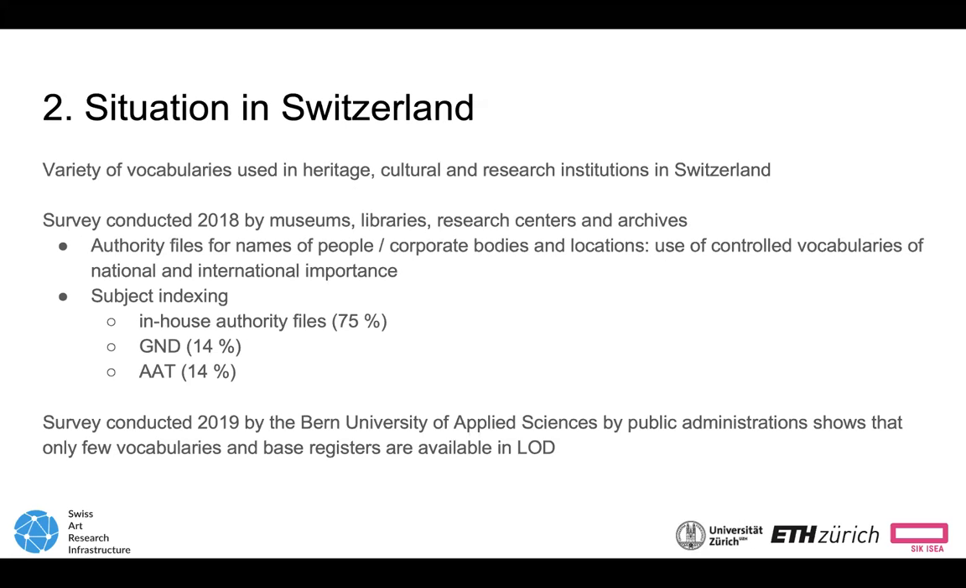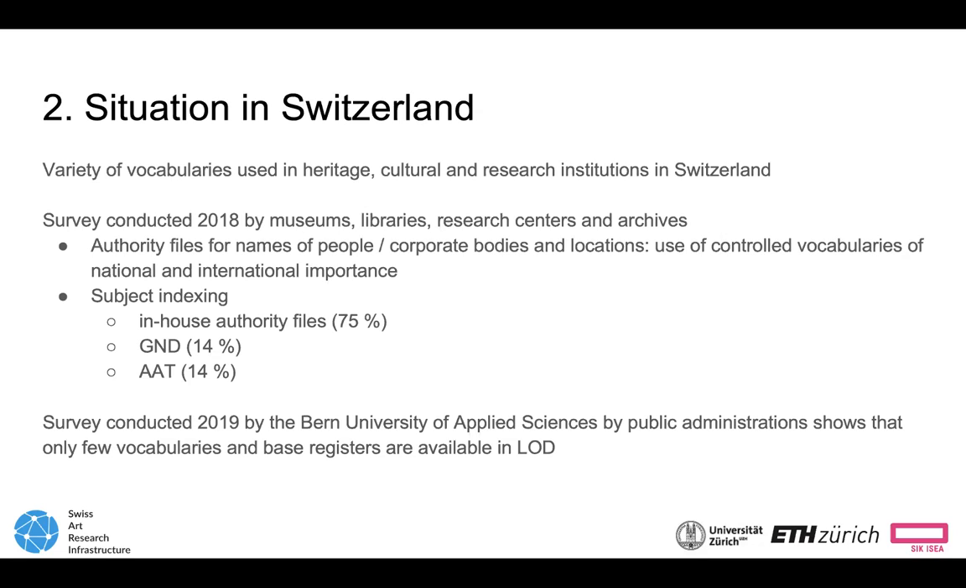What is the situation in Switzerland? In general, we see that there are a lot of vocabularies used in heritage, cultural, and research institutions. This was also confirmed by a survey conducted in 2018 by SARI. We wanted to have an overview of the use of authority files in museums, libraries, research centers, and archives. And as concerns the names of persons, corporate bodies, or localization, controlled vocabularies of national and international importance are often used. But about the subject indexing,